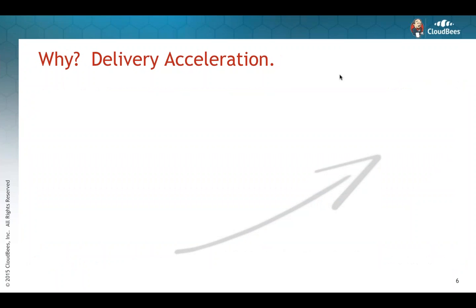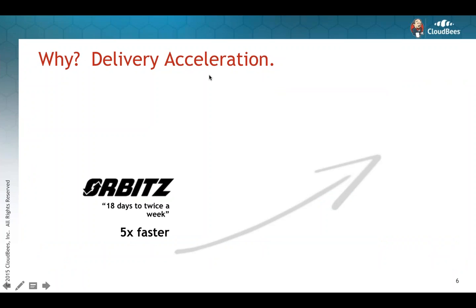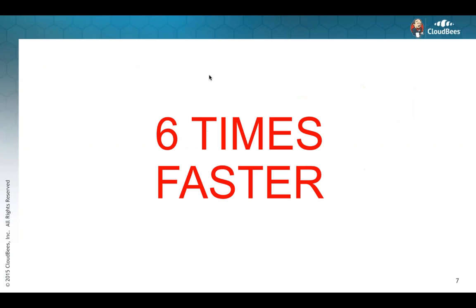So why do you want to do that? Well, why do you want to do continuous delivery? Well, it's really about accelerating application delivery, right? We've done a number of studies of our customers and gone through the case studies and really seen some pretty dramatic increases in their ability to deliver. Orbitz was able to deliver 5 times faster, Newstar up to 4 times faster, and Veridity up to 20 times faster. When we looked across all of the case studies, we saw that on average, using continuous delivery, our customers are able to deliver application software 6 times faster,